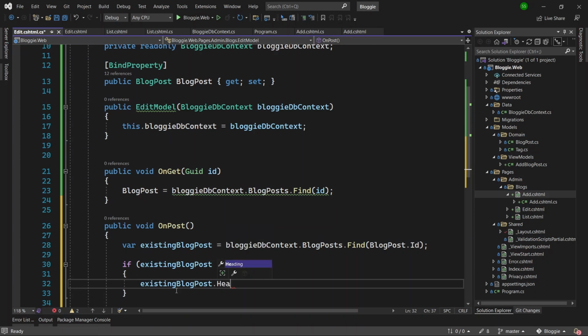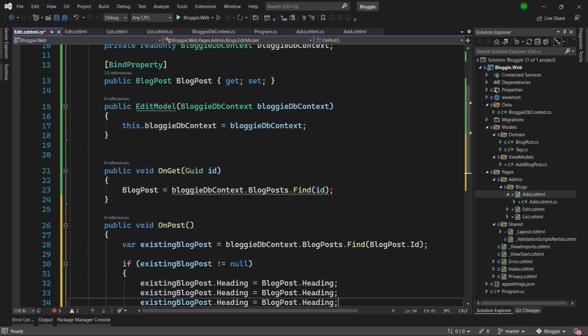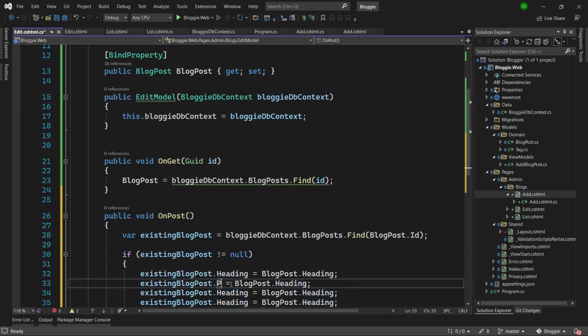So the heading is coming from the blog post dot heading. And after that, we have similar properties. So let's say page title is coming from blog post dot page title. We have the content, and then we have the short description,